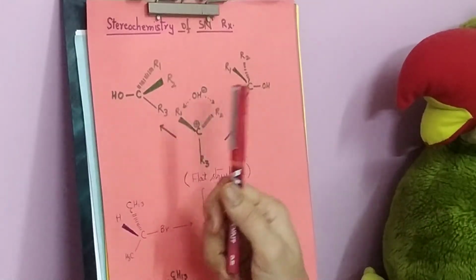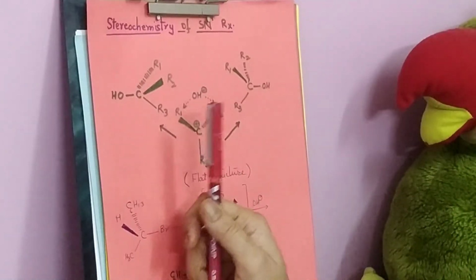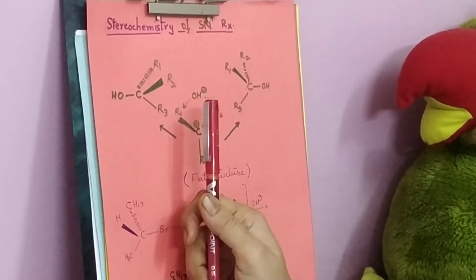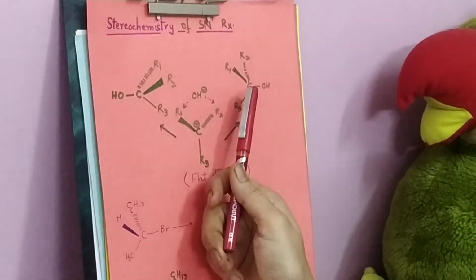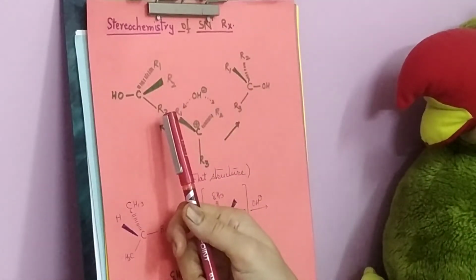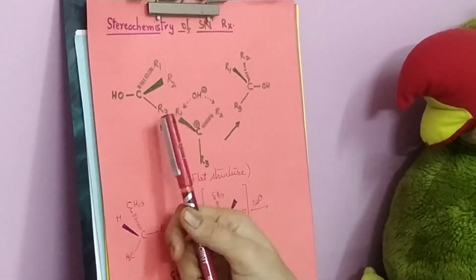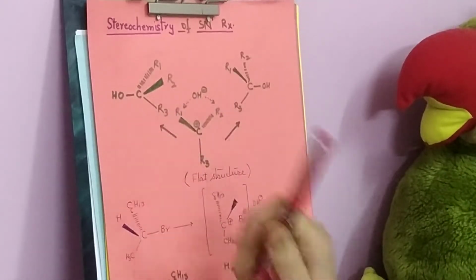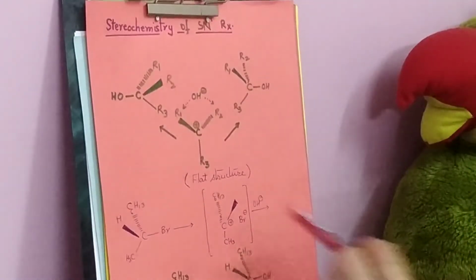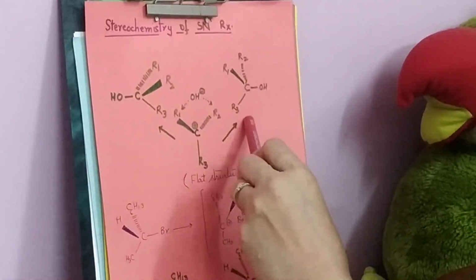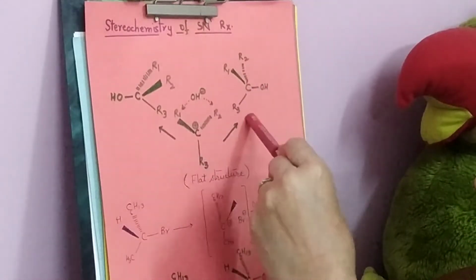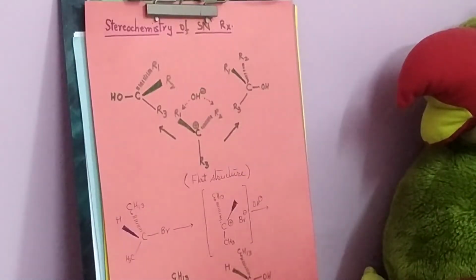That the stereochemistry of the product, or the configuration of the product, in case it is optically active, will be the same in one case and inverted in the other case, meaning thereby that we should actually obtain a racemic mixture. If the compound is optically active, then we obtain a racemic mixture corresponding to the attack from back side and front side respectively. So, two of the products should be formed in equal amounts, resulting in racemization.